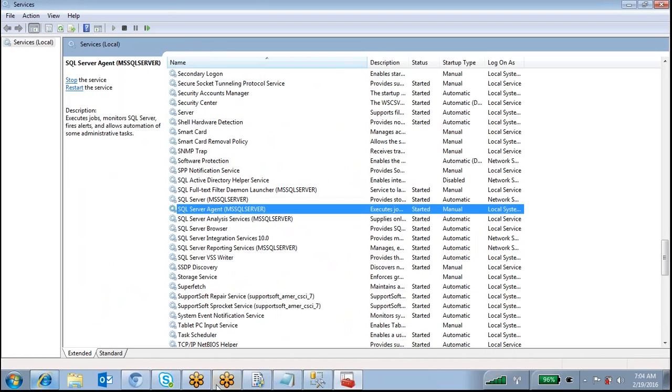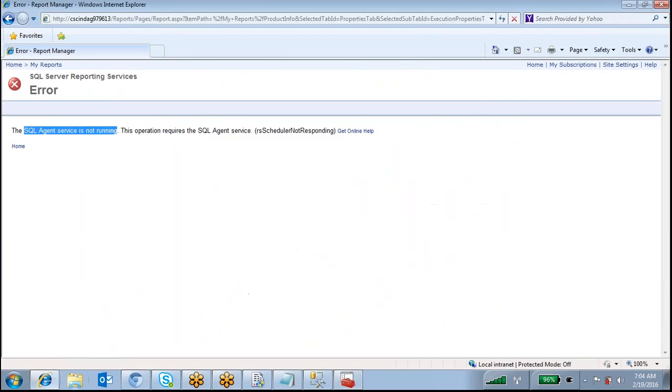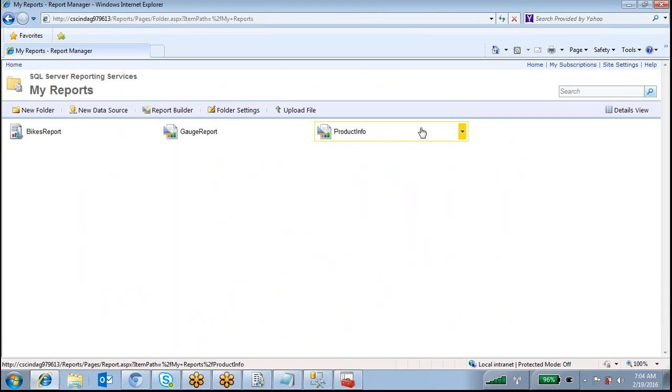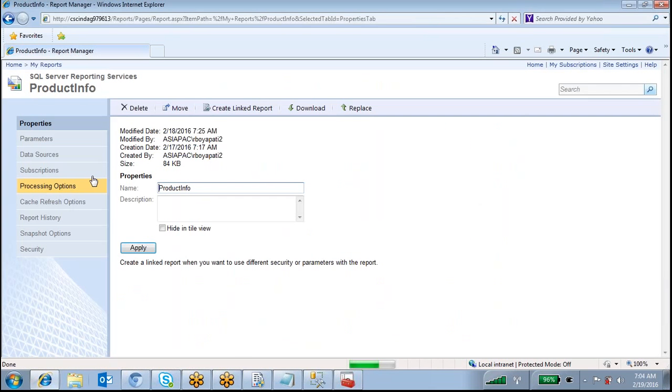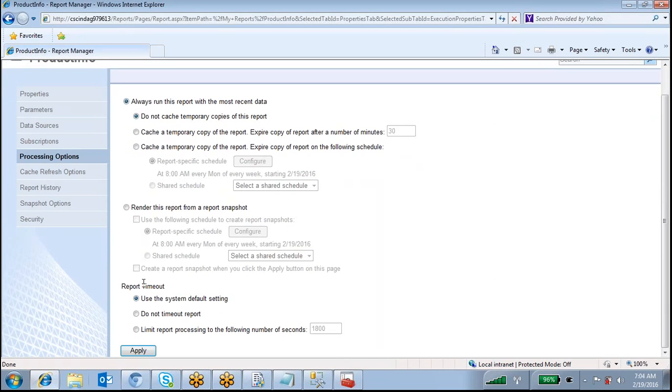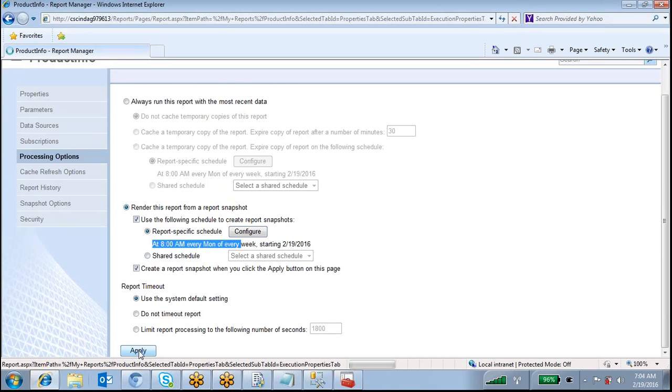Right, that is started. So you can come here, go back, go here, Manage, Processing Options. Okay. Render this report from the report snapshot. Use that particular schedule, daily 8 a.m., and create a report snapshot here immediately.